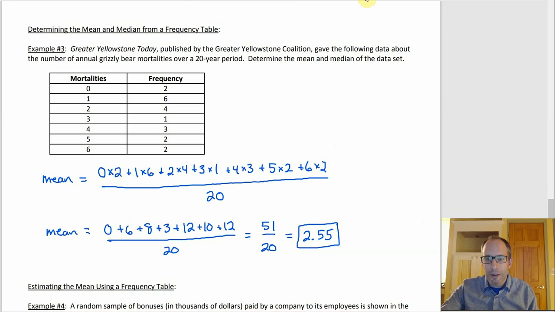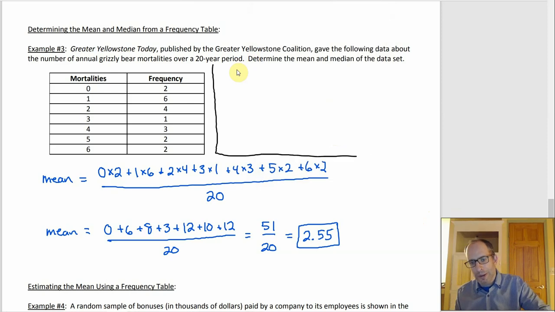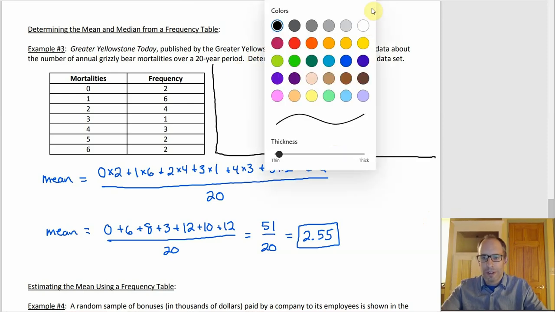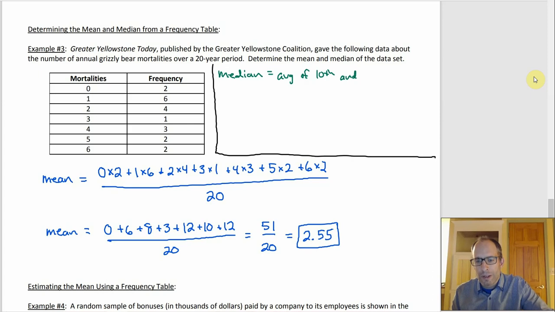To get the median, let's see here. If I kind of section this off, so I'm going to put the median up here. All right, and maybe just to do it in a different color. So there are 20 observations, right? So if they were in order, then 20 is even, so you need the 2 in the middle, right? So then the 2 in the middle would be the 10th and the 11th, right? Because you'd have 9 before the 10th and 9 after the 11th. So it would be the average of the 10th and 11th